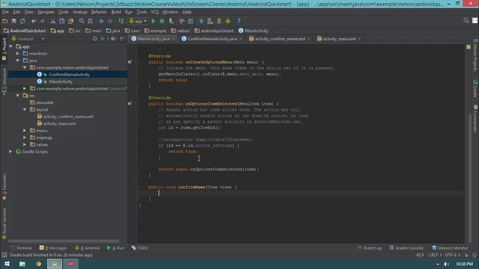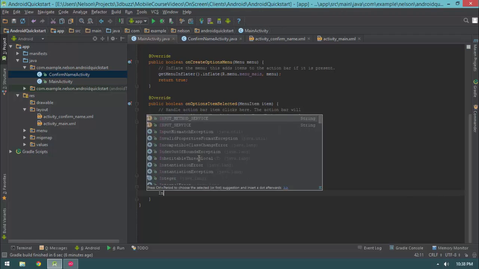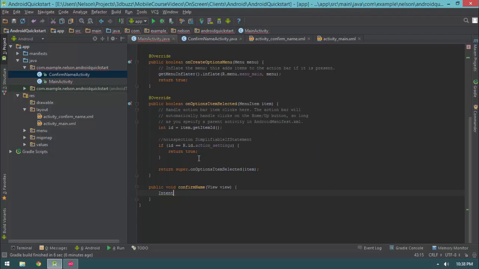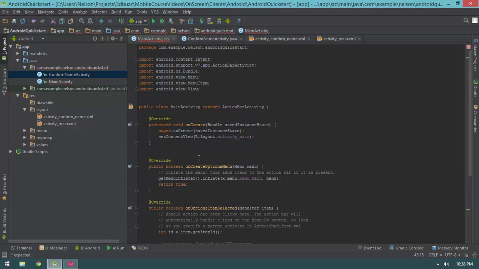Okay, this is important. I'm going to type in INTENT, then I'm going to hit enter. Why is that important? Because Android Studio just popped a new import statement at the top of my file. If you get an error about intent not being found, make sure to add a using or import statement at the top of your file, just like you see right here. Or actually, it's android.content.Intent. Really? Android content intent. Did that programmer who named that ever say that out loud? Anyway,